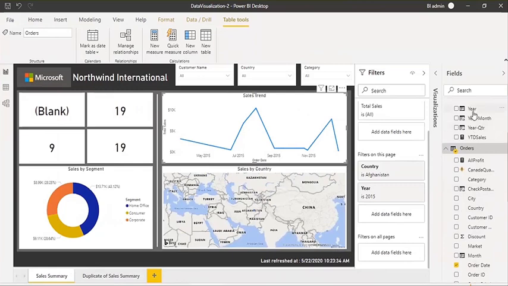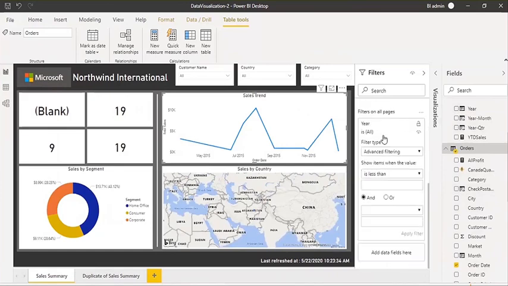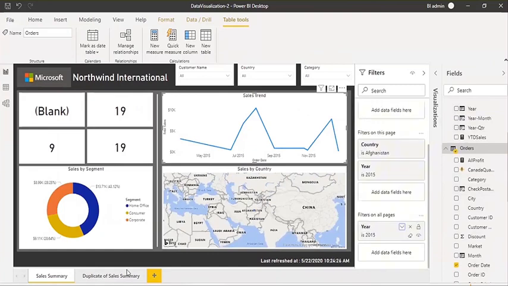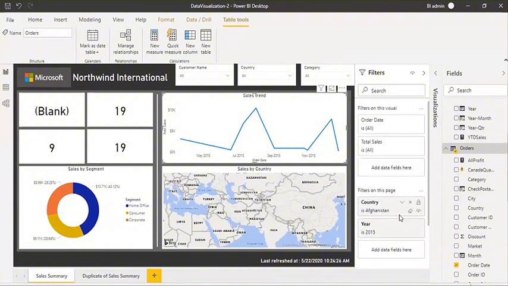Let's say I want to filter out the data on all pages for 2015. So this time I will add that particular column or field into the filter on all pages here, like this. Now here I can choose 2015, and now what will happen? On all pages, let's say if I have one more page or like 10-15 pages here, on each page data will be displayed for 2015 only. Why? Because we added year in filter on all pages. So here you have much more flexibility in order to filter your data or show your data based on the different columns, right?